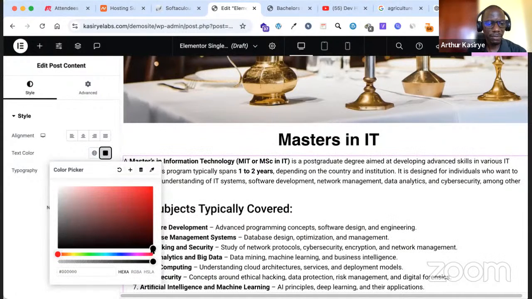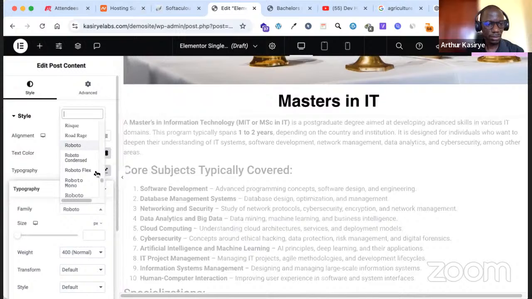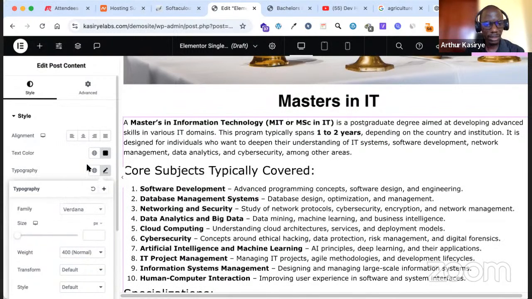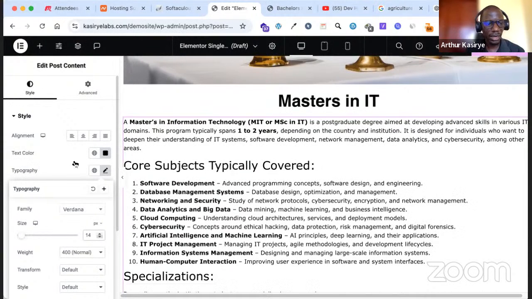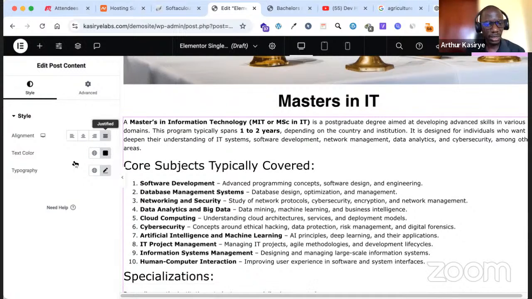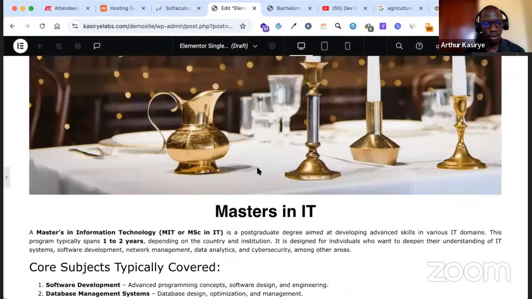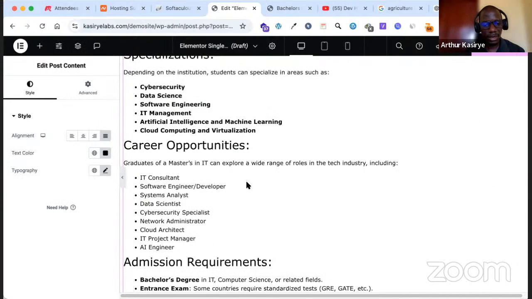In styling, I can give it a font. Choose the font of my choice, okay, I can go with Katana. And then size, I can choose to be 15 or a bit smaller than that. And then I can align it. Now, how this works is you can see this is an entire full post. And then at the end of it all,